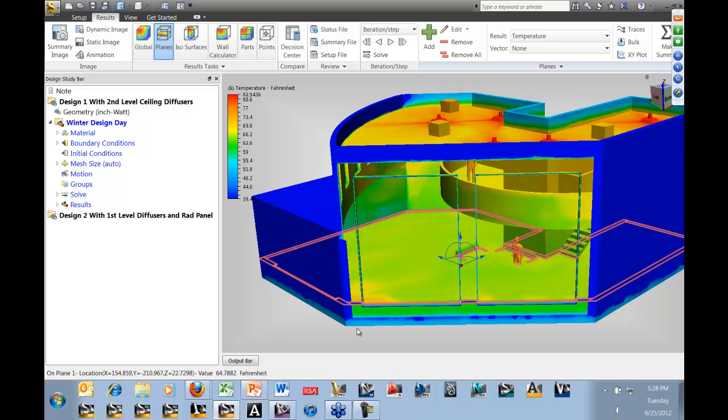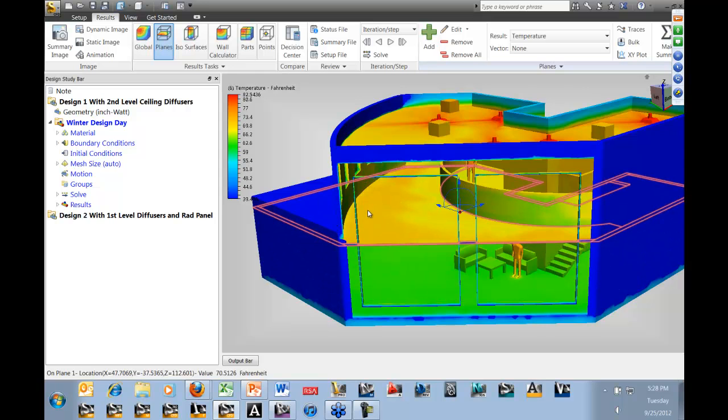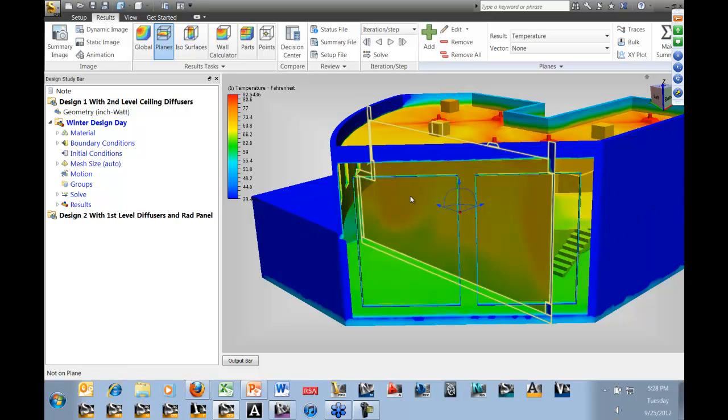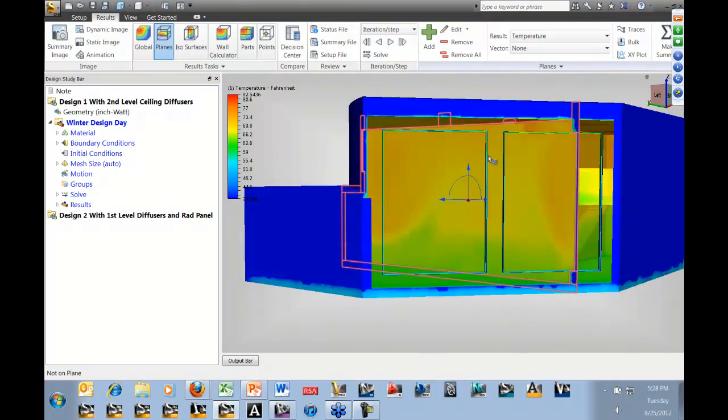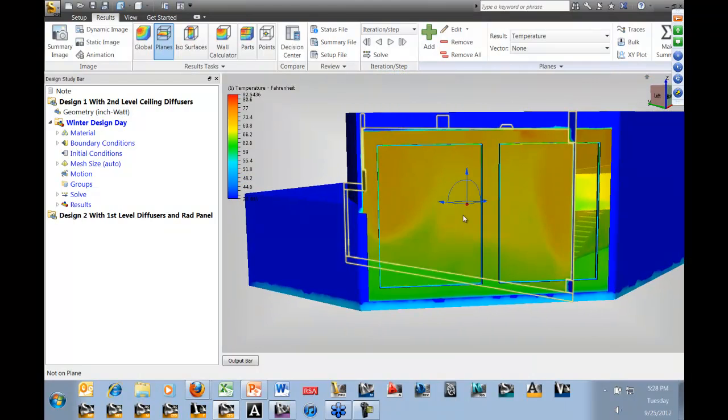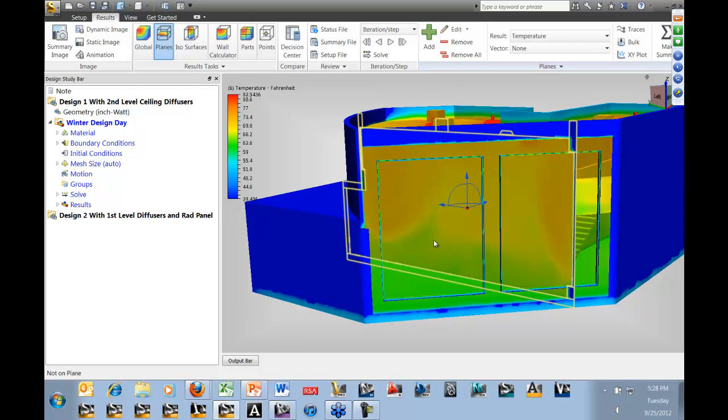So we can see it's 64.8. If we go over here, 65. So we're seeing a little bit of a delta between here, and then if I scoot that up closer to the mezzanine, we're seeing it at around 70, which is where we want it. So my guess is that the plaque diffusers on the ceiling, these up here, are not pushing enough air down closer to the floor. So if we flip this cut plane around, we can see here that it starts to